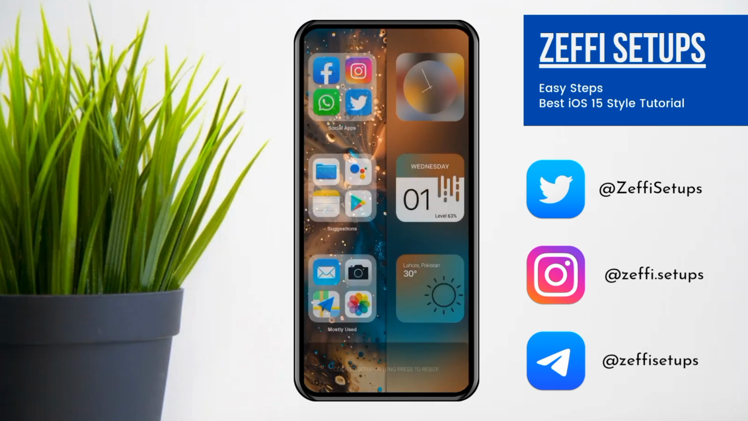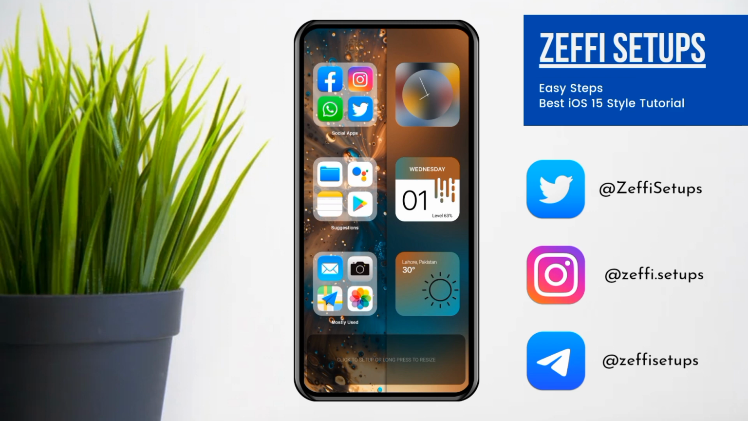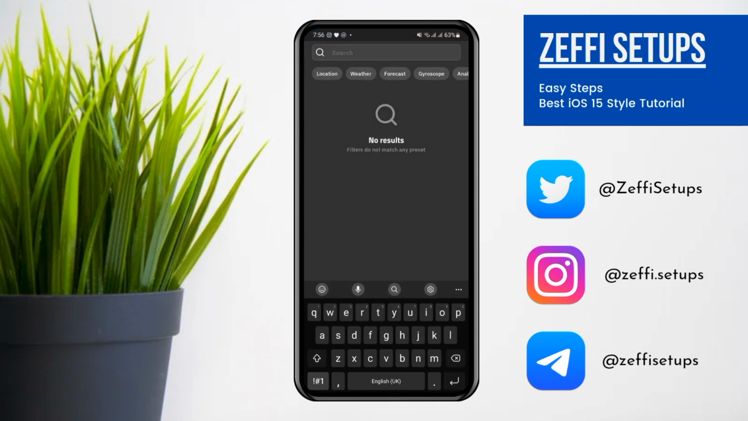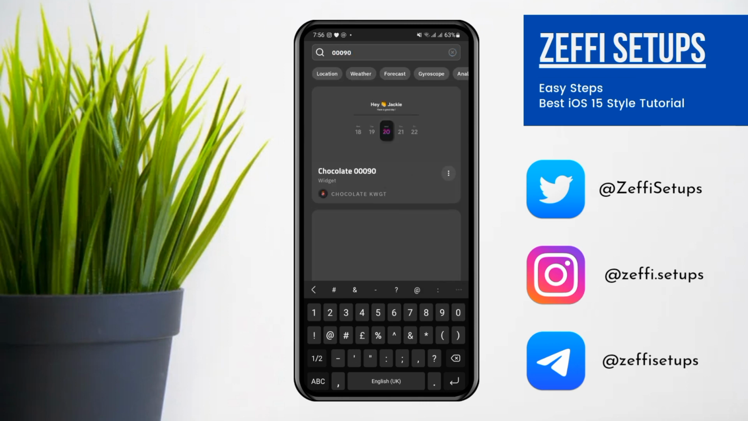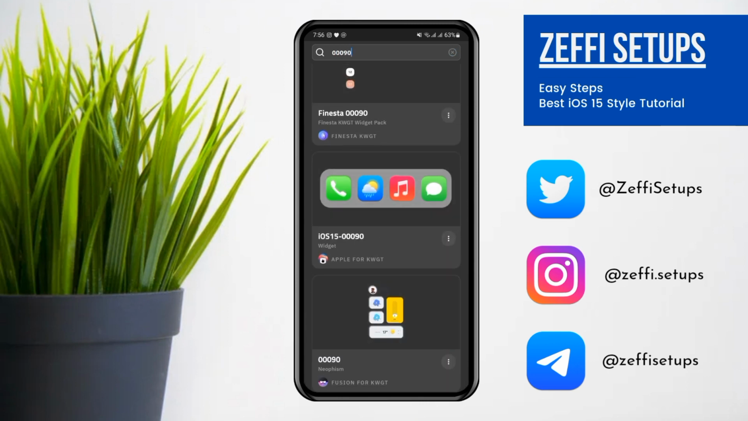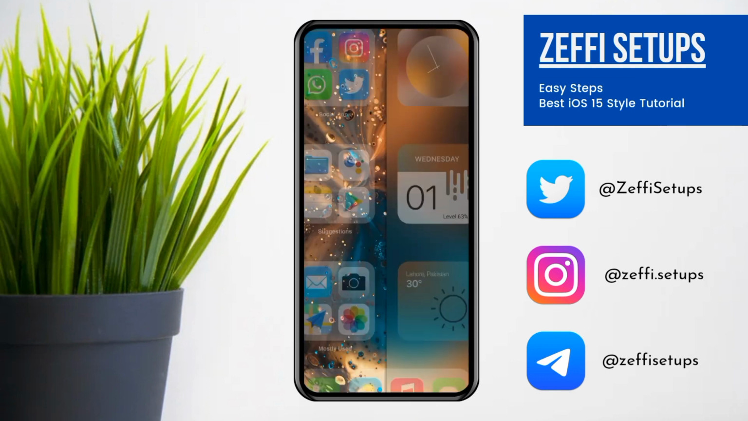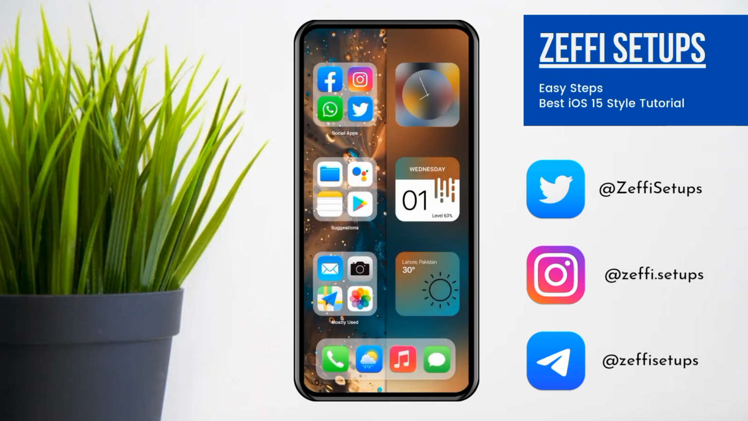Now tap on the last widget, open the search and type 00090. Open the widget, go to the widget touch, tap on custom action, again tap and select disable block touch, then press the save button. So guys, this is your iOS 15 blur home screen setup and I hope you enjoyed the tutorial,